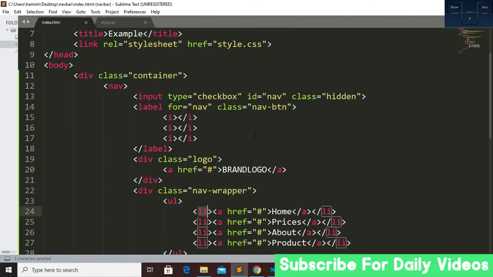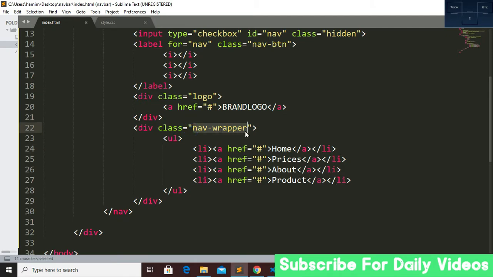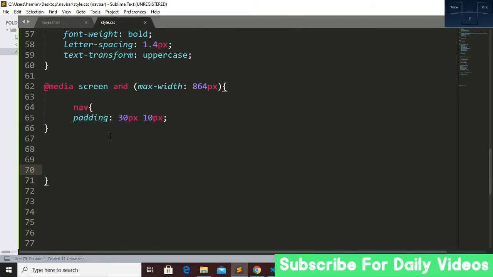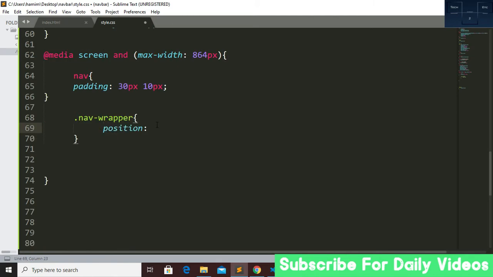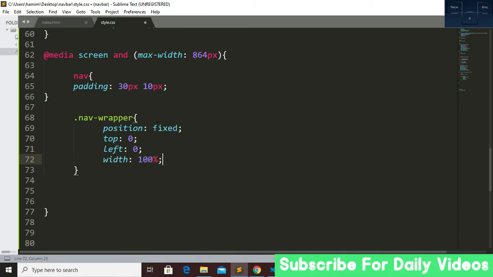So now we have to create this thing. Now we have to target our nav wrapper for displaying another screen. Actually this is a class, so you have to give a dot. So I want position to be fixed, that's why top will be 0 and left will be 0 also, and width will be 100%, height will also be 100%. That's it.